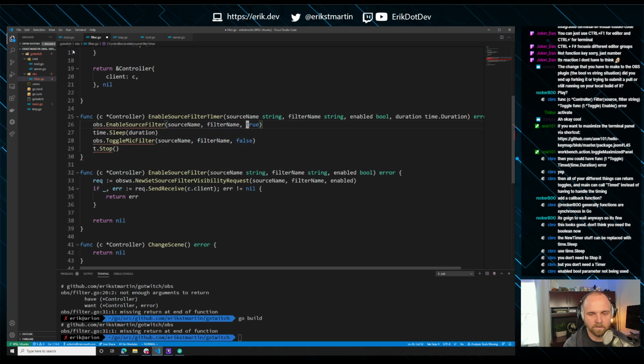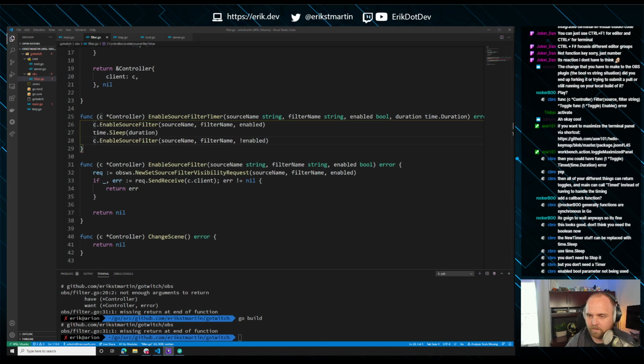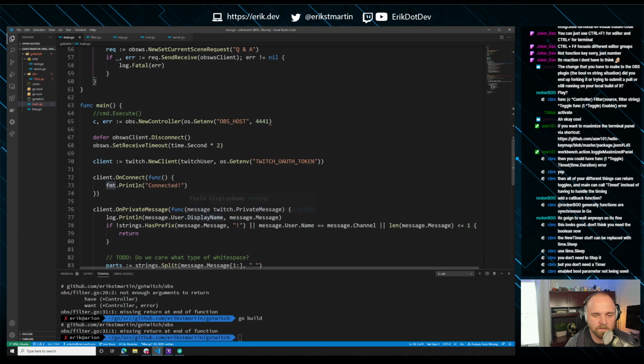And what we need to do is, this is enabled, and then we're just going to invert it at the end, so we don't really care which thing you're doing. We're going to wait for some specified period of time, and then we're just going to invert whatever that is. Oh, and this is C. Okay. Enabled bool parameter not being used. It is, because what we want to do here is,